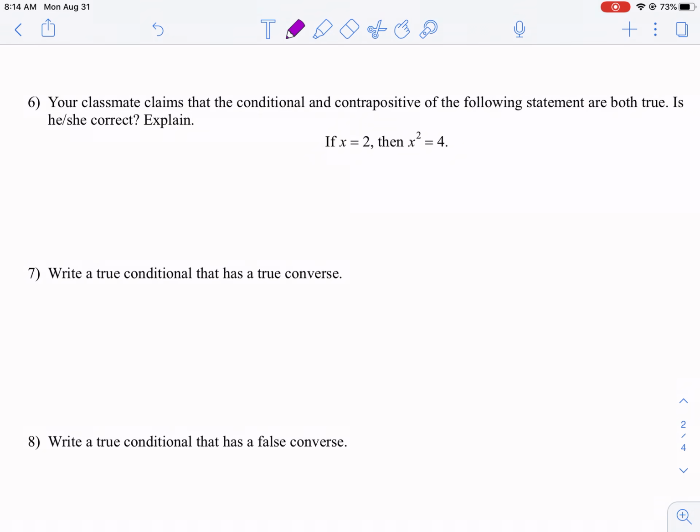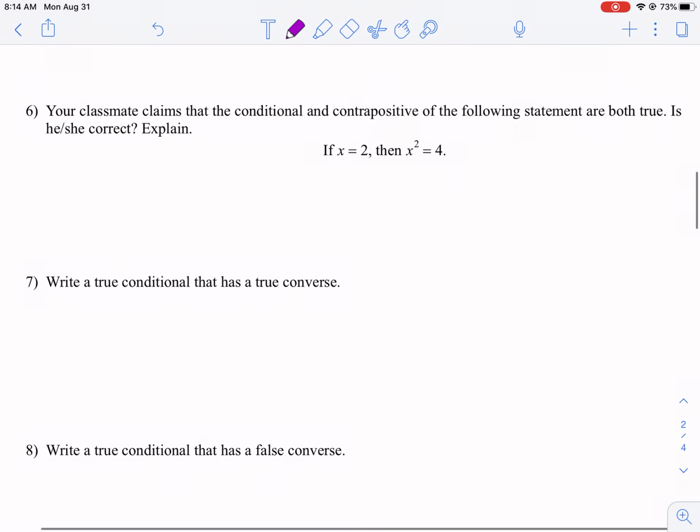Your classmate claims the conditional and contrapositive of the following statement are both true. Is he or she correct? So conditional is if, then, this is the conditional. And this is true, okay, because we can test this. 2 squared is equal to 4, okay? And the contrapositive, we'll have to check this one. Now, the contrapositive says,